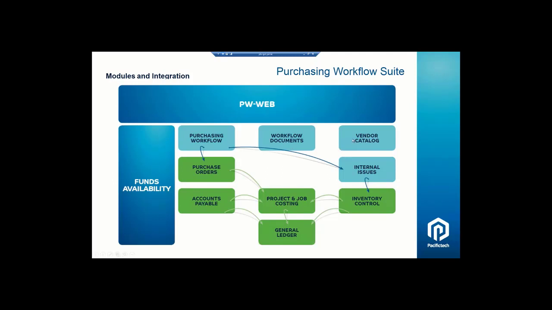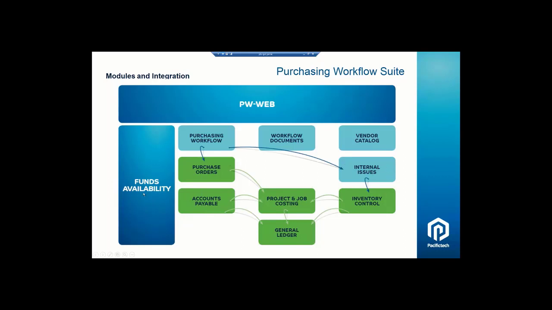Vendor catalog, that is where you can set up your approved vendors, so the system can force you to buy certain items from certain vendors at a set price, so that the vendor catalog can put some really good controls into your procurement system. Internal issues, I won't talk about that too much, but that's really quite useful for organisations like mining and hotels where they consume the inventory. So that would take a bit of time to go through, so we don't really have time for that